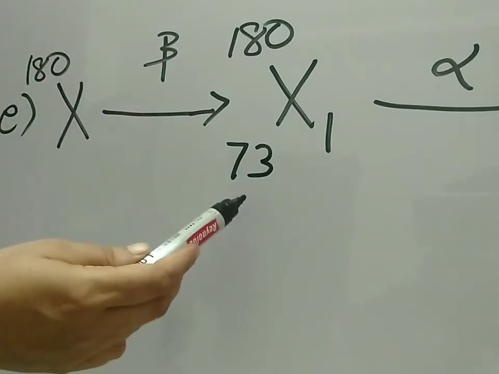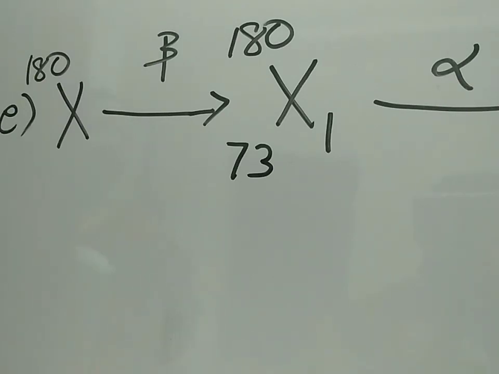But what will happen to the atomic number? Normally, for a beta emission, we used to add 1. But if it is taking place in reverse order, we have to subtract: 73 minus 1 is 72. Now you can check whether our answer is correct or not in a proper way.